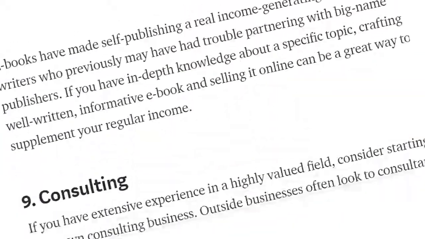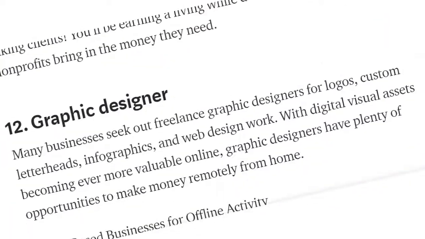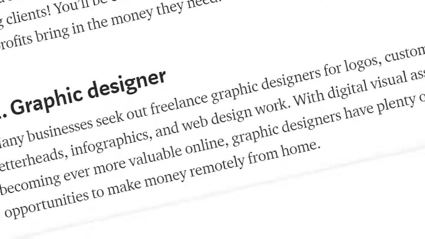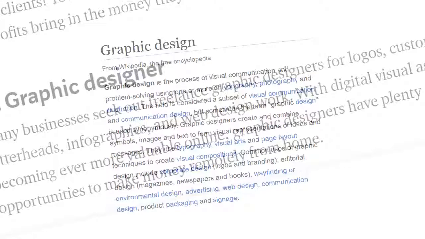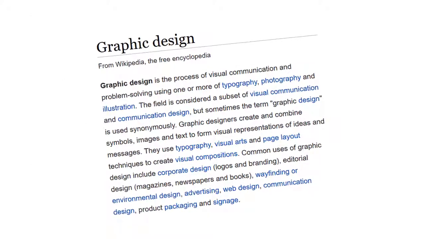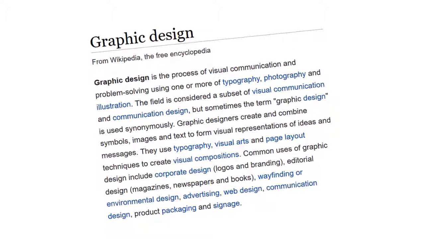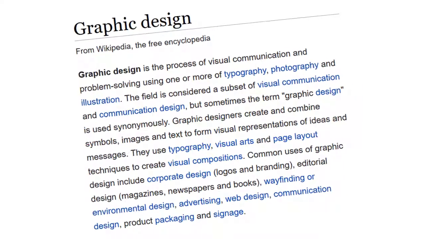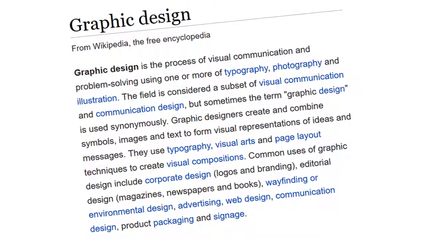According to leading experts, graphic designing is one of the most sought-after money-making home businesses. And why not? As per Wikipedia, graphic design is a process of both visual communication and problem solving. Since problem solving is a major issue on the web, graphic design will remain a popular mode of earning for